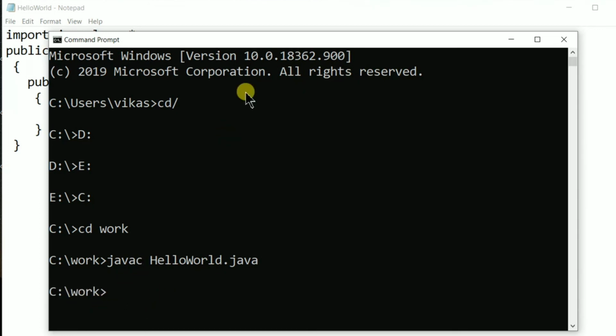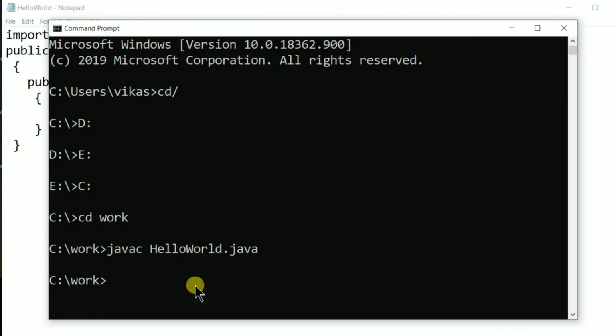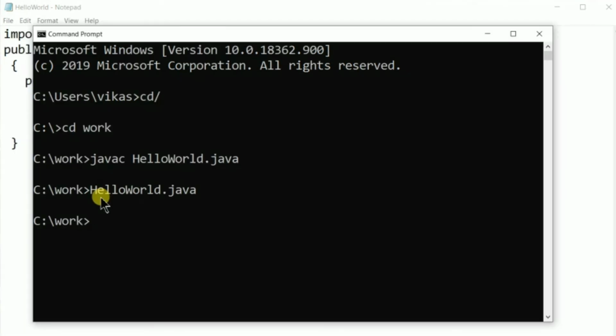Here you can see the compilation of the program is successful. Now we have to run our program. In the next line write java HelloWorld. Enter. Now you can see Hello World is printed on the output screen.